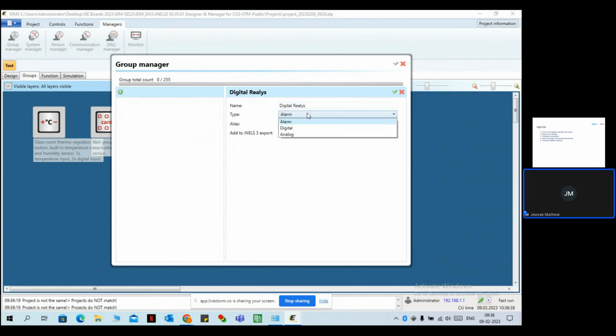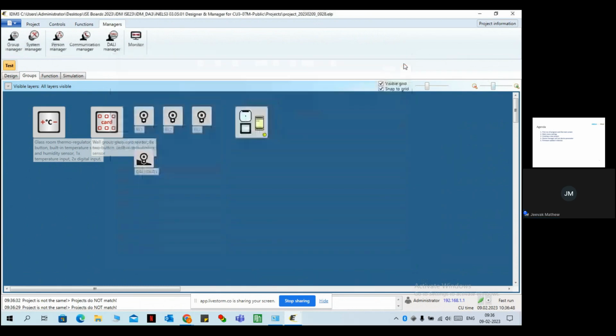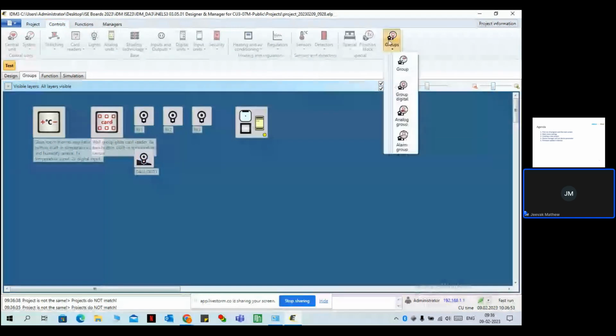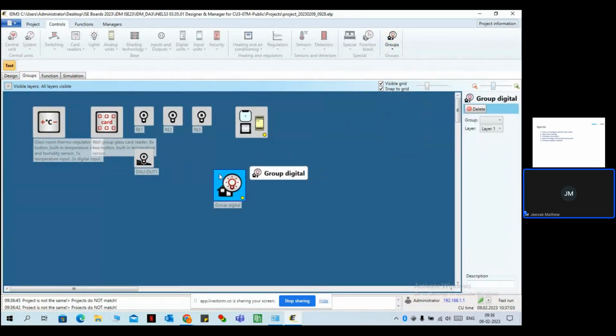And here I need to choose the function digital. And if you need to export it, then you need to select the inner export. And then I select, and again I'm going to group. So in the group, from this group tab, since we create group digital, we can pull that group digital icon